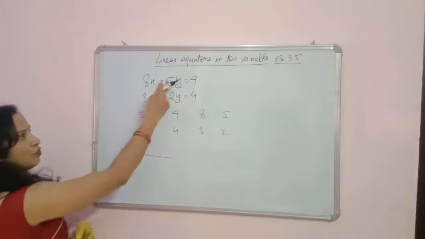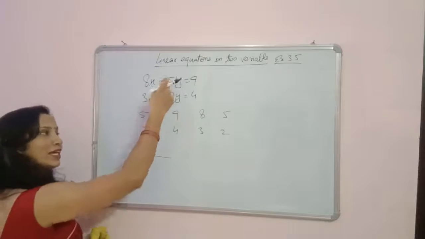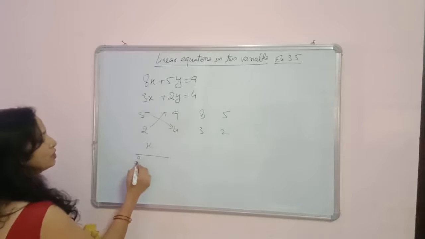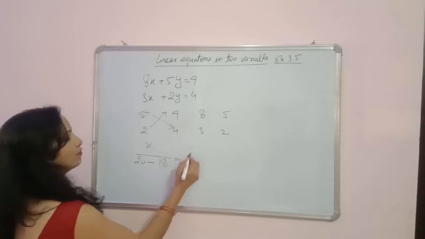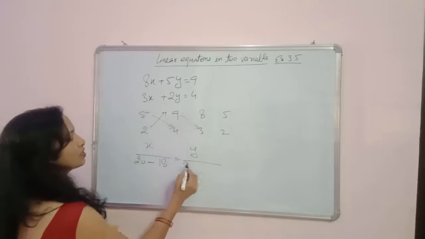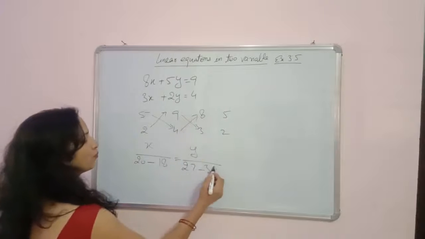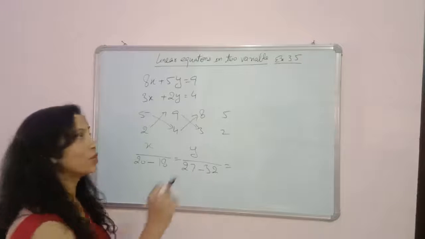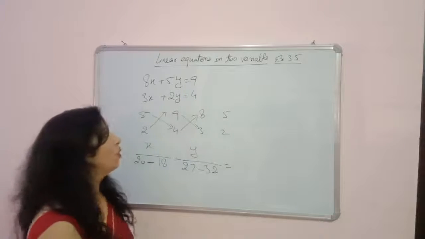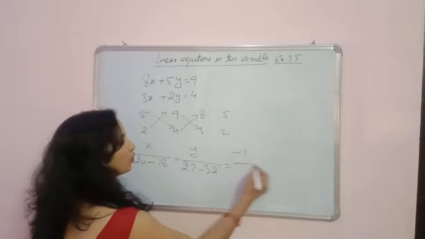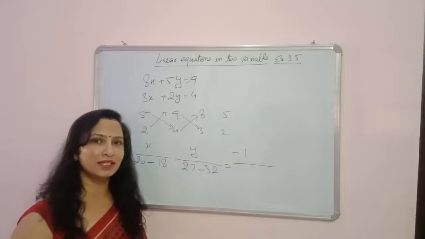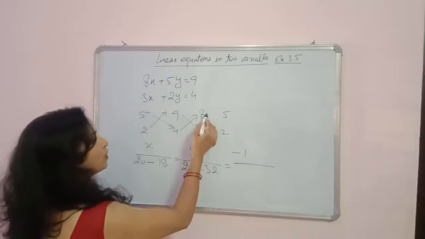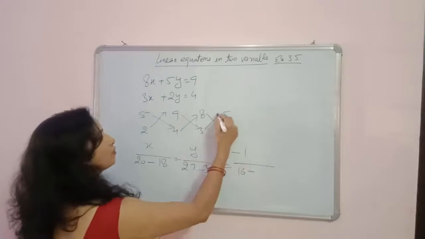x upon the coefficient of y, then the constant value, then the coefficient of x, and then again the coefficient of y. Then x upon this into this minus this into this: 5 4s are 20 minus 9 2s are 18, is equal to y upon 9 3s are 27 minus 4 8s are 32, is equal to 1 upon here. In this question, since the constant values are towards the right side of the equation, we will write minus 1 upon. I explained in the last lectures that if the constant values are towards the LHS, then you will write 1 upon. So it is minus 1 upon 8 2s are 16 minus 3 5s are 15.